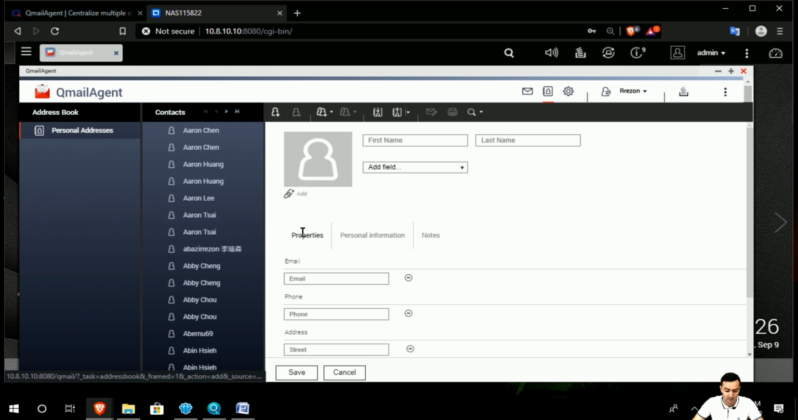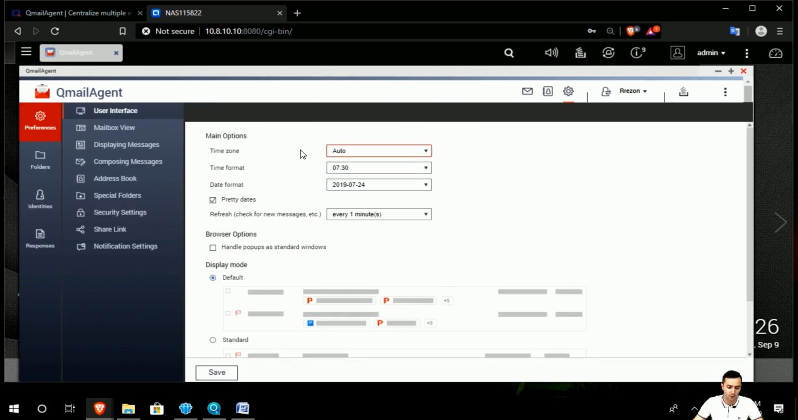Once you save it, you can also create them as a group and centrally manage them from here, or import and export these contacts in different forms, such as the vCard format. All right, but I want to stop here at the settings for a while,